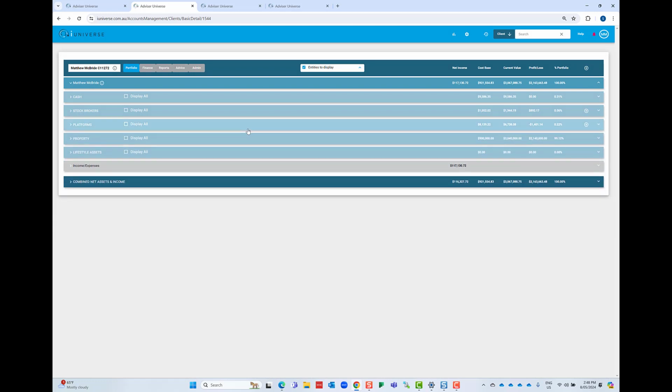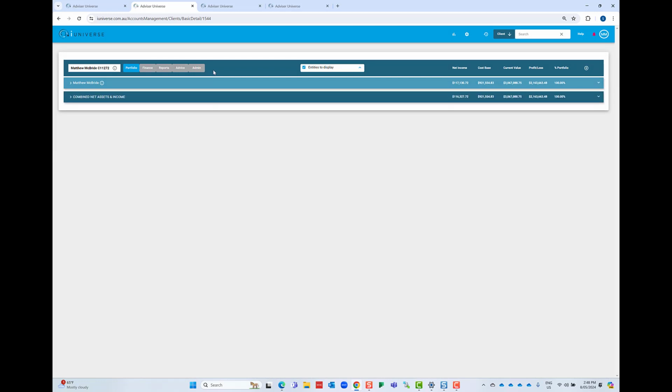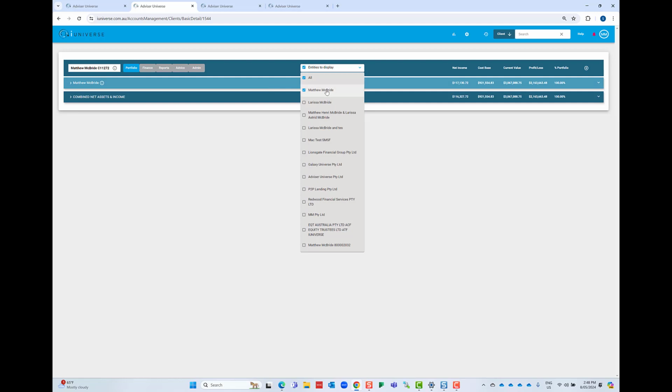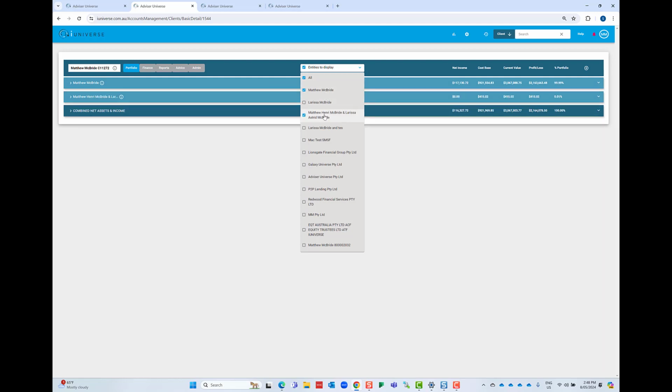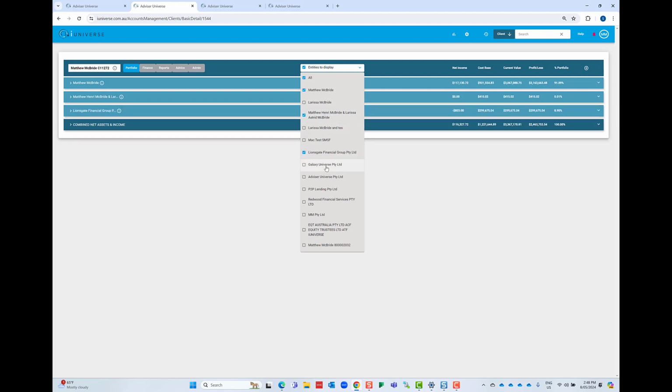So this is the financial position, as we call it, that allows the user on behalf of the client to view their entities. At the moment I've just got Matthew McBride displayed, but if I wanted to display the joint account and his company, and possibly even if he had an SMSF,